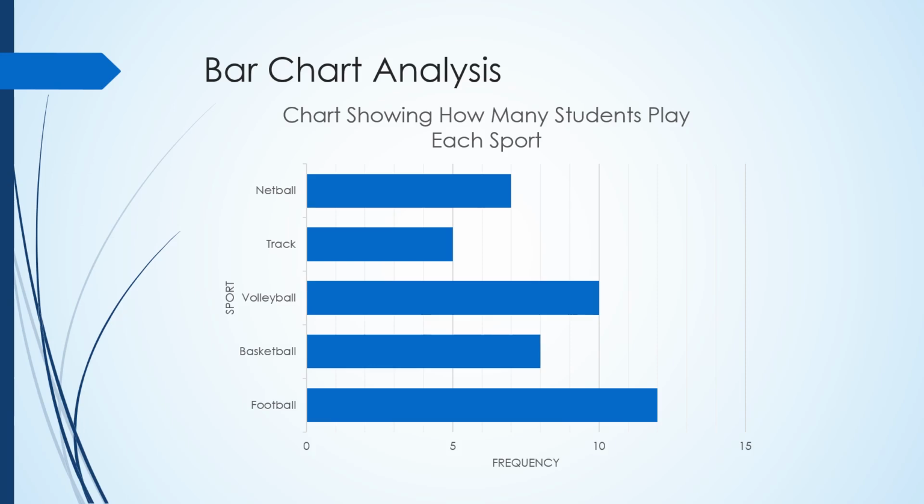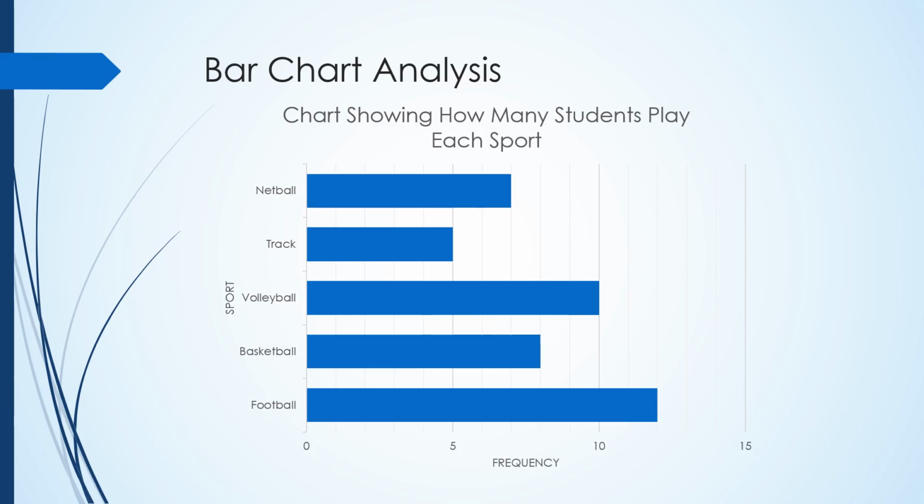Now that we've examined the pie chart, let's move on to a bar chart, which presents the number of students participating in different sports. In this chart, the y-axis lists the sports: football, basketball, volleyball, track, and netball, while the x-axis represents the number of students. Each bar's length corresponds to the number of students who play that sport. From the chart, we can see that football has the highest number of participants, making it the mode, while track